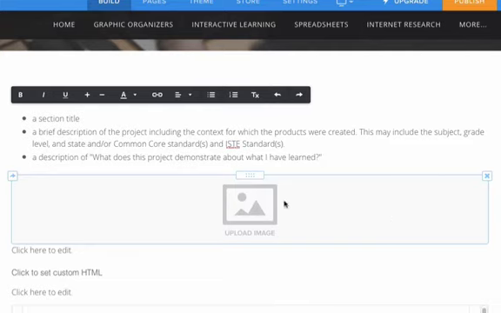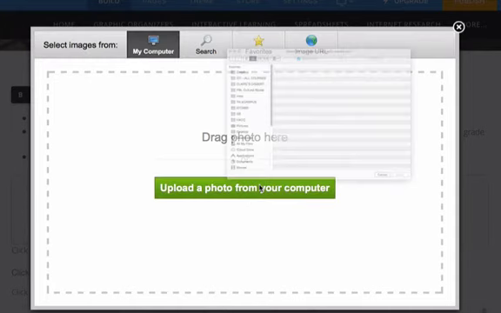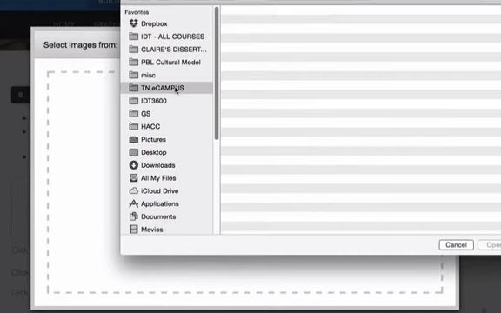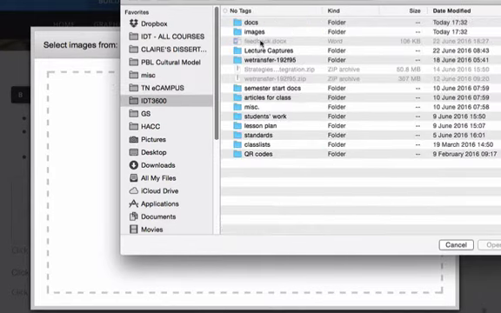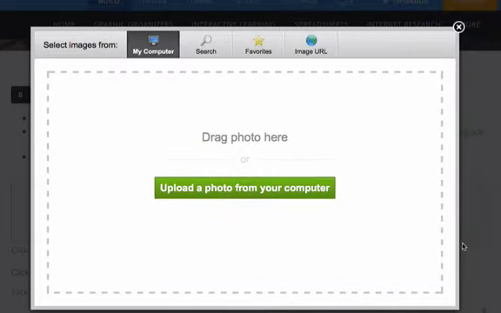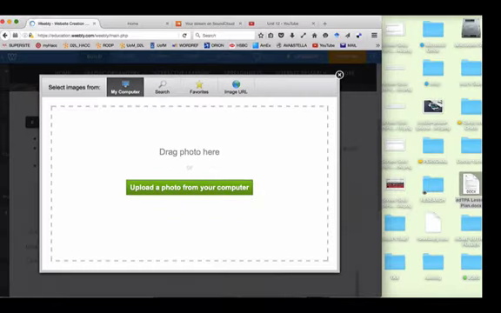Next, I'm going to upload an image. There's two ways to do it. One, you can just click on it and then click upload a photo, like that. And then, so I can't click anything here because these are PDFs. So if I were to click on images, and there. So these are PNGs. I can also add JPEGs, and if there were a GIF, I would be able to add that too. So then I would just click on it. The second way to do it is to drag. Okay, so you can either upload or, so I have a file here and I can just drag it over